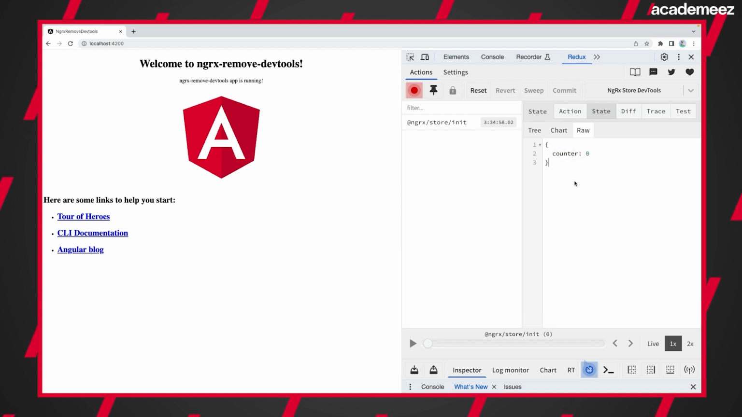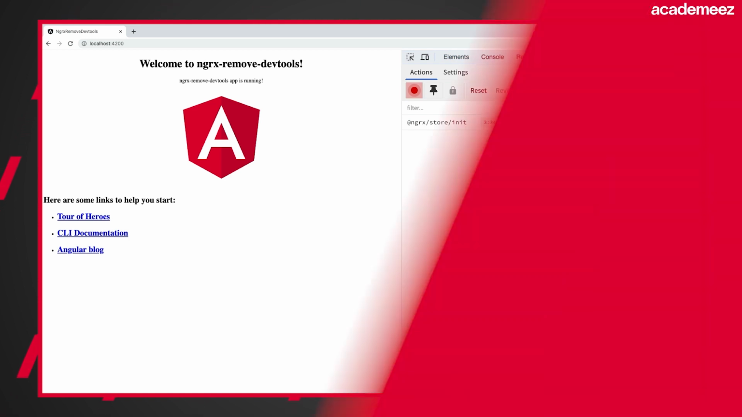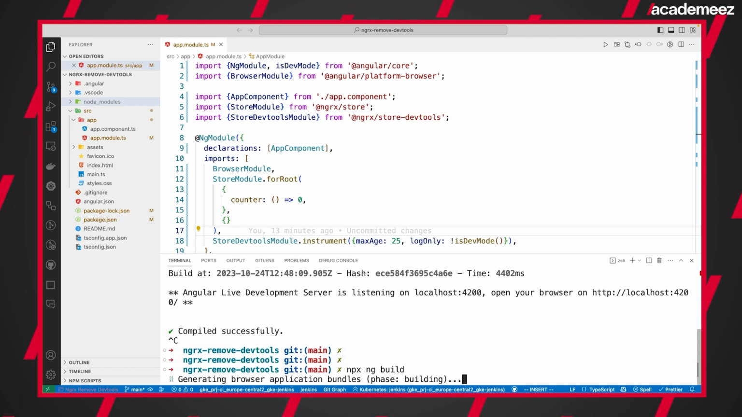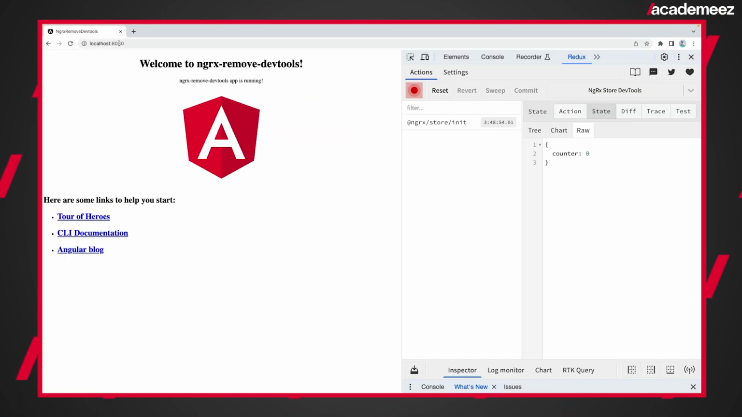We populated our state with a counter equal to 0. But what happens to the store-devtools and the Redux extension when we build our app for production? Notice that even in production, the store-devtools is still active and the Redux DevTools can still examine our state. It's better to remove the store-devtools in production and avoid the Redux DevTools working when we build our app in